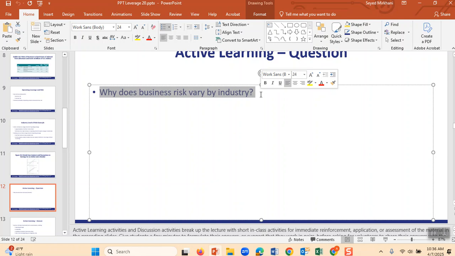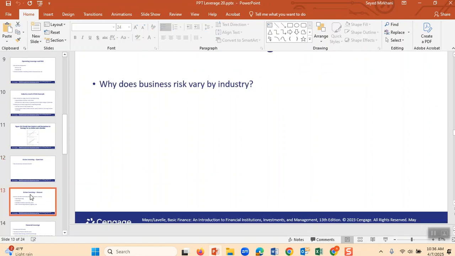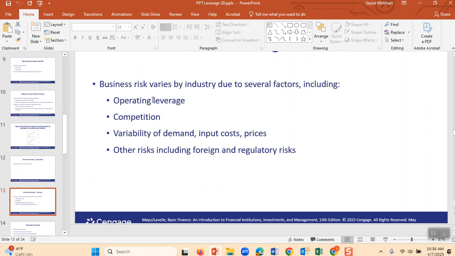A lawyer is not manufacturing, but you understand that the risk to a lawyer in terms of paying for fixed cost is very low. And then we come here, business risk by industry.